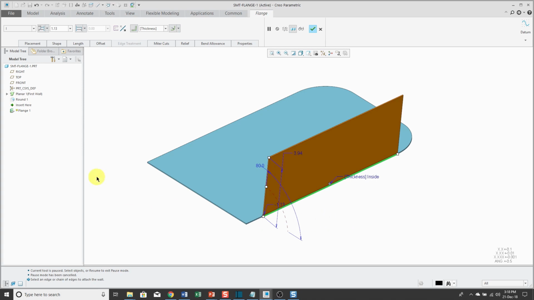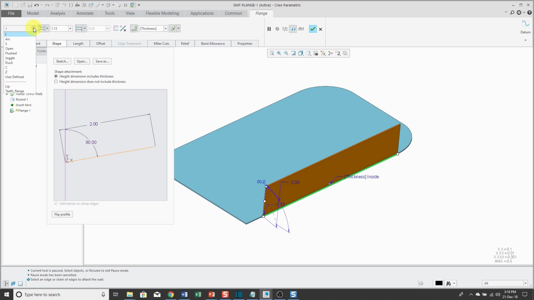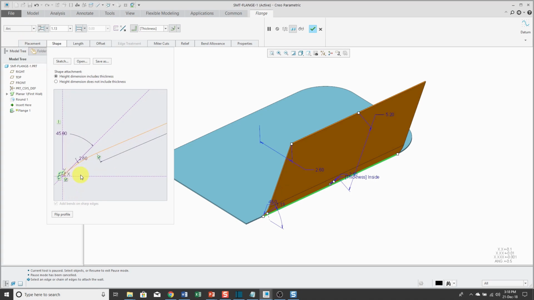Let's take a look at the other different shapes that are available. And before I do that, I'm going to open up the Shape tab on the dashboard just to show you that you can see the different dimensions and actually change them from the Shape tab as well, and the graphics area will update. So right now I'm using an I shape, and it's just basically a straight line. Let's go to the drop-down list. There's also an arc shape, and if you zoom in over here, you can see that basically it's got an arc there and then a straight portion. And then we have the S shape,